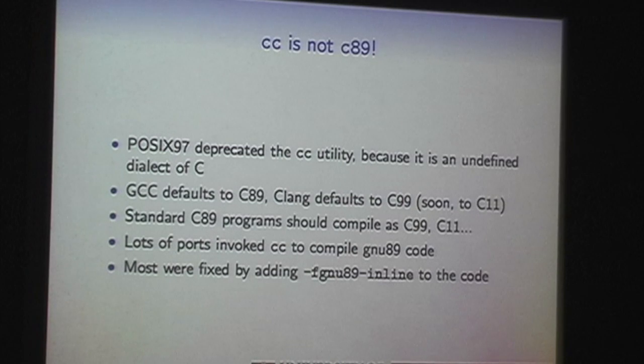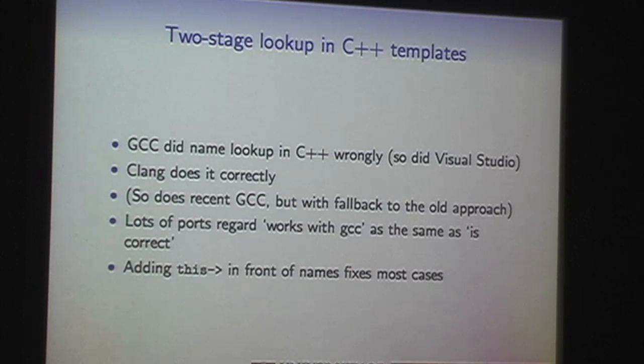Most of these were really easy to fix. You just say, well, compile them as C99, but accept that the inline keyword does not mean what the developer thinks it means. A slightly more annoying problem was two-stage lookup in C++. How many people here use C++? You both have my commiserations. It turns out that in the C++98 specification, lookup of symbols in templates was a little bit confusing. And every single C++ compiler got it wrong. And just to make it more fun, every single C++ compiler got it wrong in a different way.